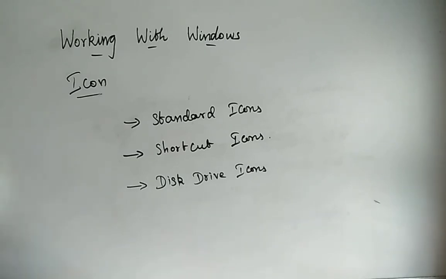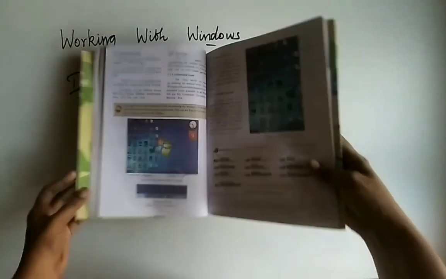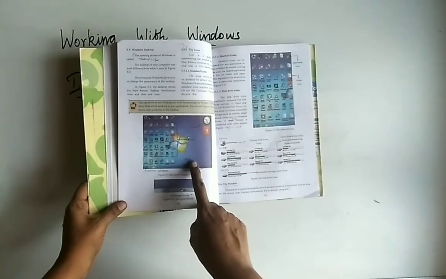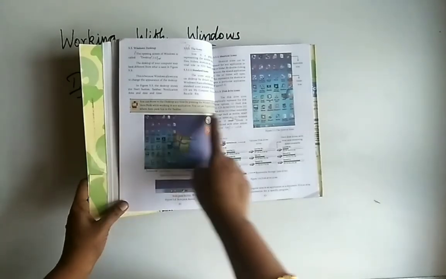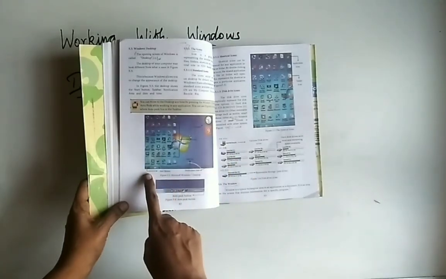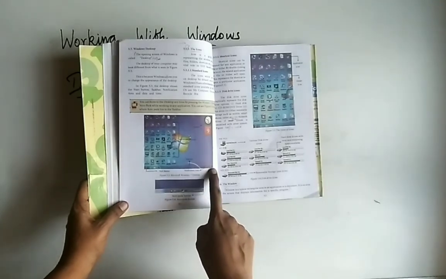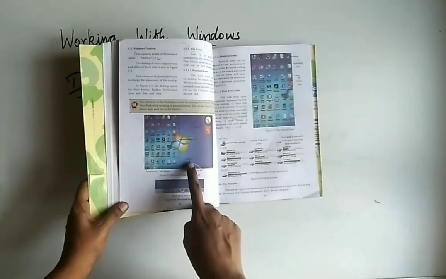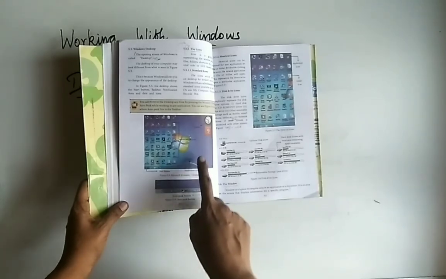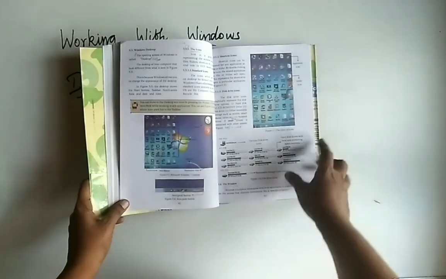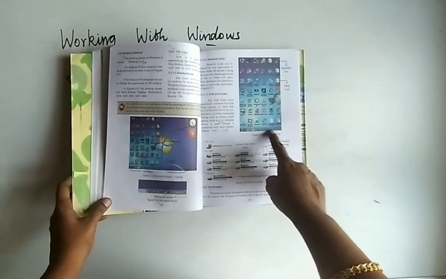You can have a glance over it. This is your desktop. Here each and every icon is displayed on the desktop. Here you have the start button. Here is your notification area, where you have the date and time. Similarly, here you have the task bar. So this is a figurative representation of the desktop. And to this side you have your shortcuts.